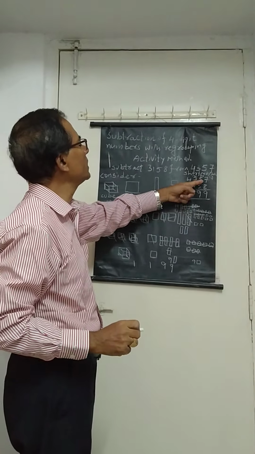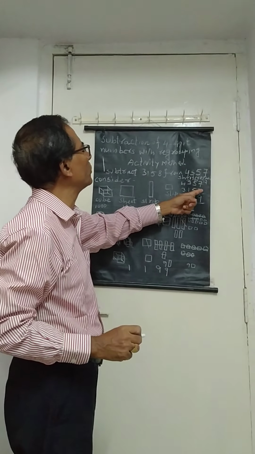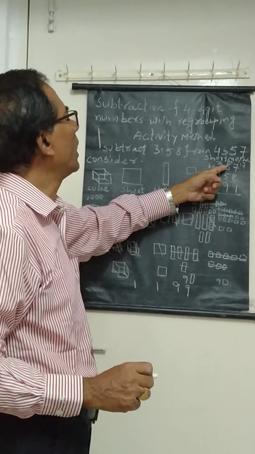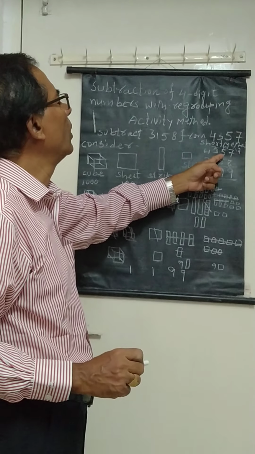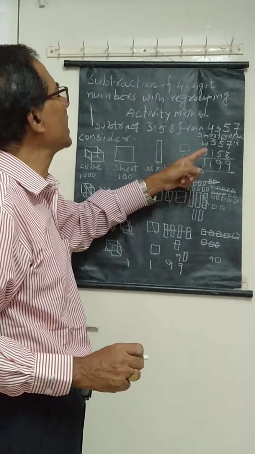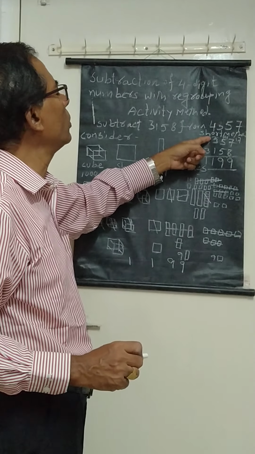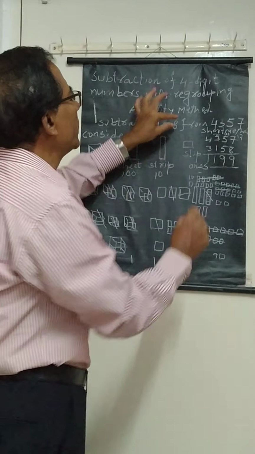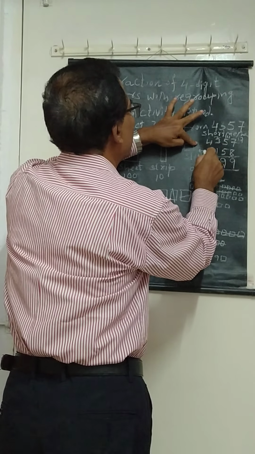Is this clear, students? This you have to take as a 17, because from 7 you cannot take 8. Here it will become 14 because you have borrowed. I showed you here. So 14 minus 5 is 9. Then it will again be borrowed, it will become 2. 2 minus 1 is 1, and 4 minus 3 is 1. You do it in this way only. Don't cut all these things.